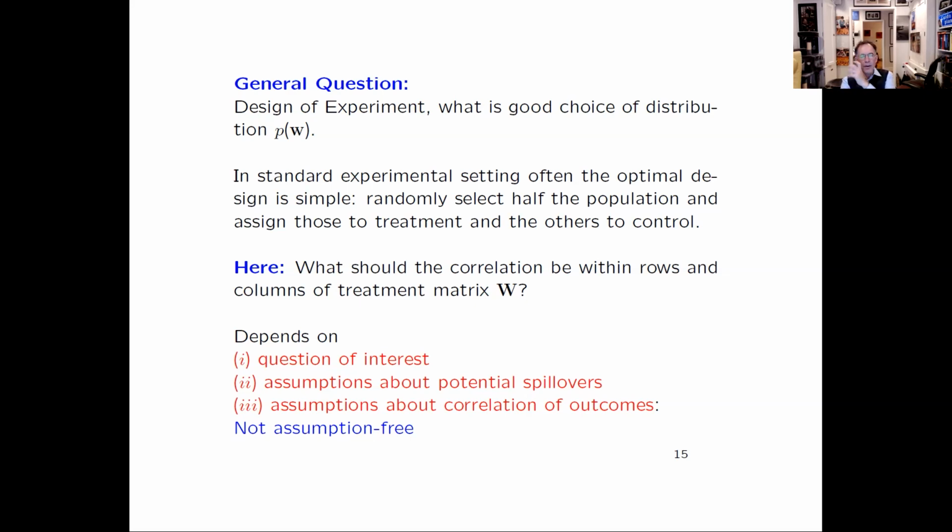And so I want to stress here that there are not going to be general, generic answers to these questions. We're going to need to make assumptions about what we think the nature of the spillovers is. And I'll give a specific example of the type of assumption we may be willing to make here that could at least give us a starting point for answering these questions. But in some cases, we may be more confident about what the nature of these spillovers is, whether most of it is within customers or within products, and that would affect the optimal design.